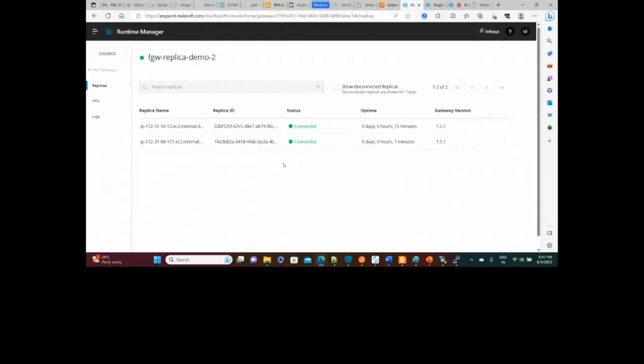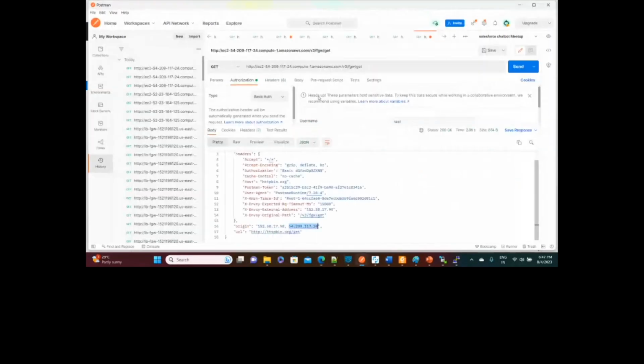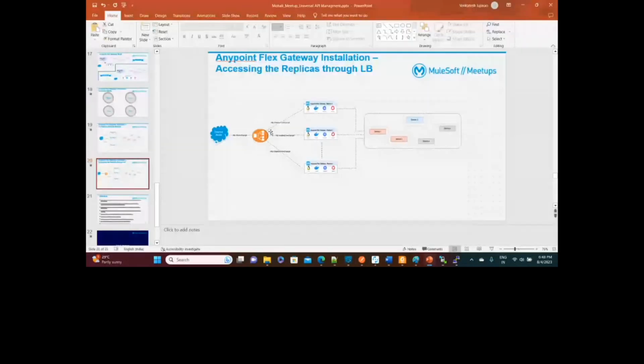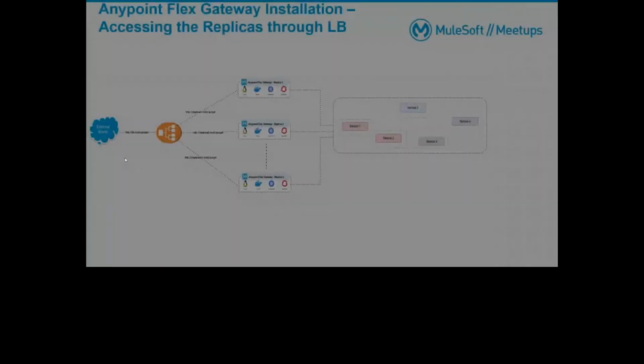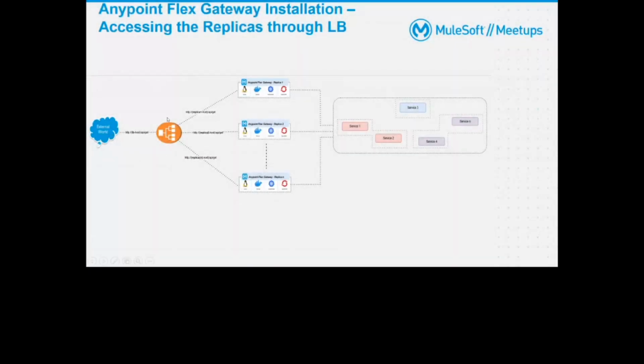But now you must have observed that we have to switch the URL to call the respective replicas. We don't have any common URL which will do load balancing and accordingly call the respective replicas. So to achieve that scenario, we have to bring up our own load balancer, and that's what I tried to show from this particular slide. Okay, so here, whenever the request comes in, it will come to my load balancer, and from that load balancer I'm routing to these particular